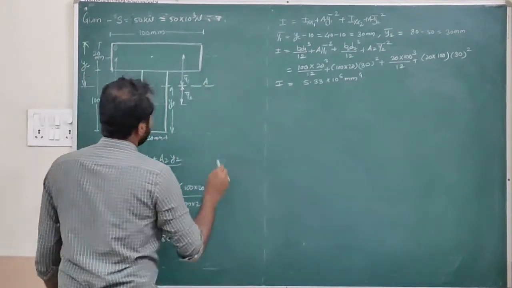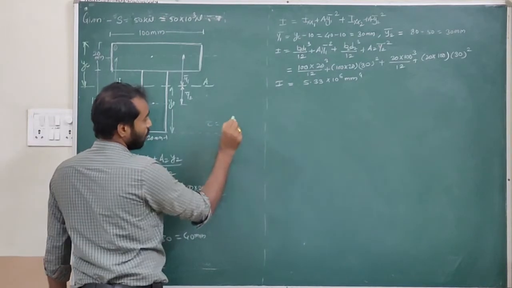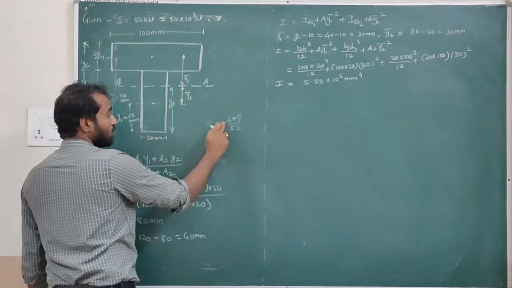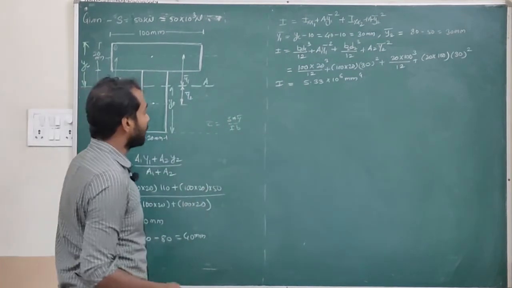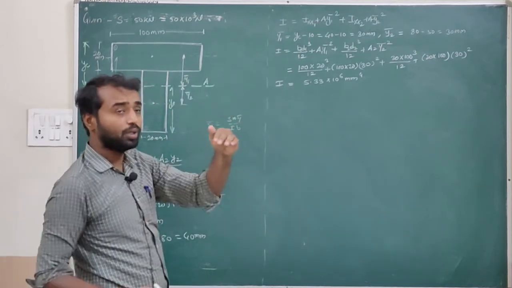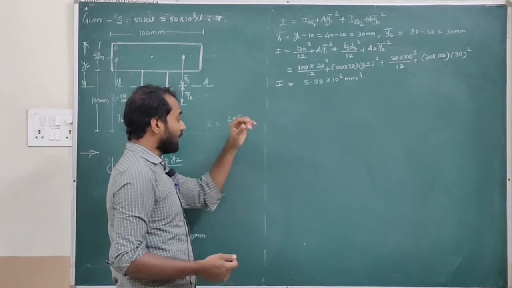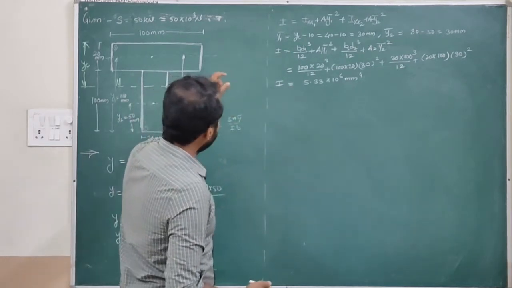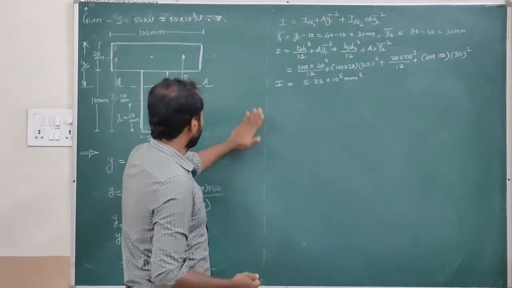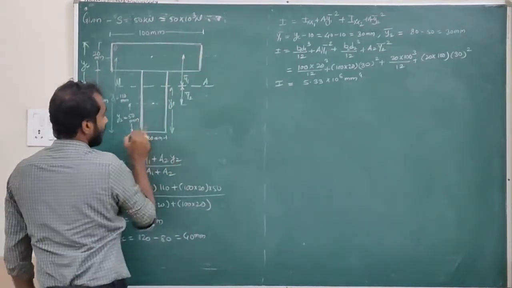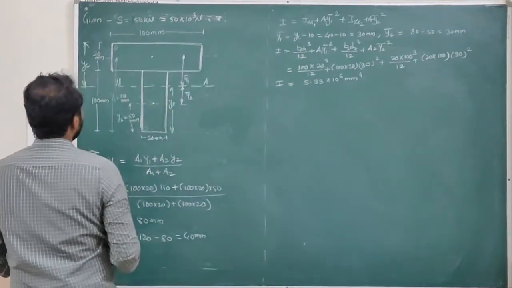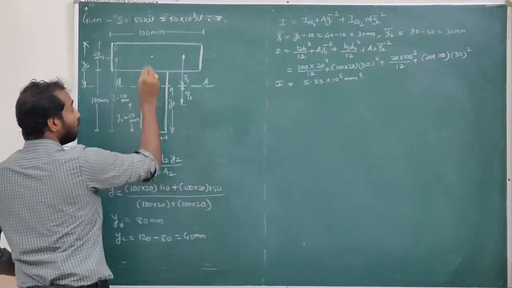Now what is our formula to find the shear stress? Shear stress is tau, so tau is equal to S into A into Y bar upon I B. We know the value of shear force. Area we will find at the location where we need to find it. Y bar is the distance of the center of gravity of that area from the neutral axis. I we have found, and the width. Now we know that at the uppermost and at the bottom the value of shear stress is 0. So starting, we will find the value at this particular junction of our flange and web.